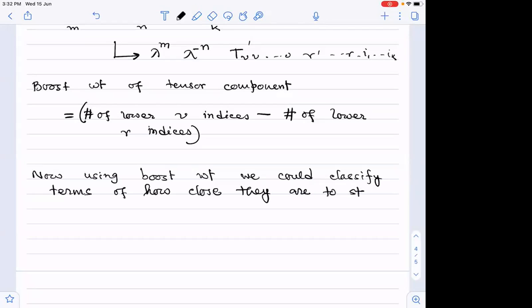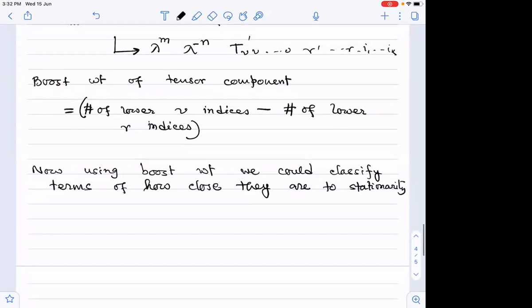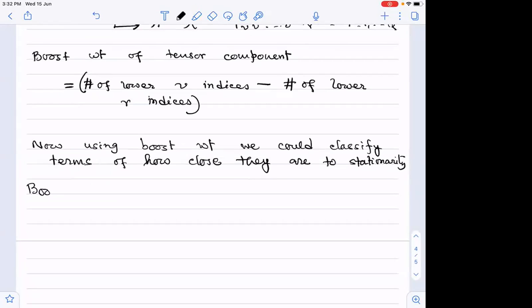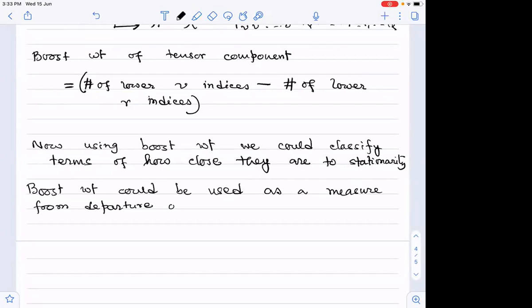So boost weight could be used as a measure of departure from stationarity, and both first and second law, particularly second law,